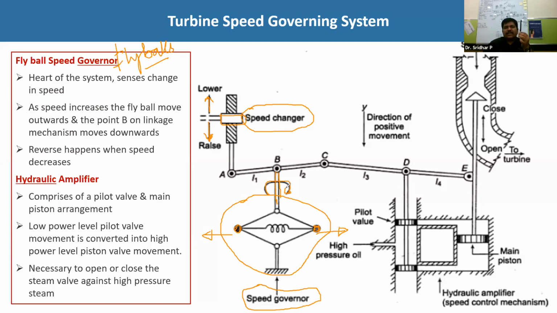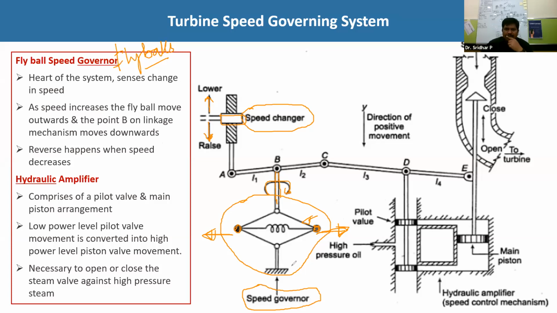What is the reason for that? That is nothing but the centrifugal force. Yesterday also we played some videos. In those videos, if the speed goes on decreasing, then the same ball will be moved towards the inside. When the speed increases, these two balls will be pulled outwards. So this is the major component in this total load frequency control unit, or the turbine speed control unit. So this is about the speed governor.